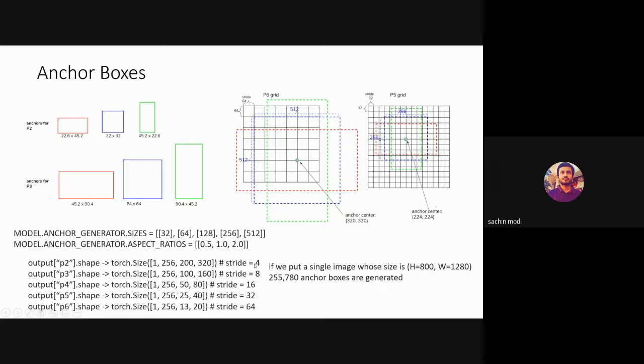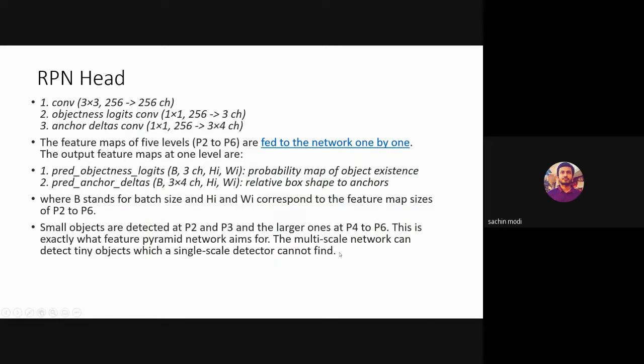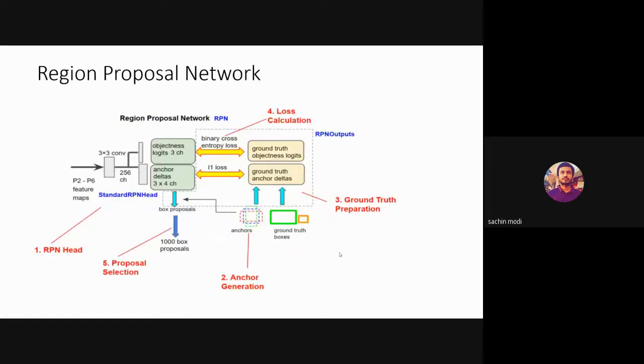So in total, how many anchor boxes will P6 have? It will have 13 into 20 into 3. Similarly, this will have 25 into 40 into 3. If we total all these anchor boxes, we get 255,780 anchor boxes generated.